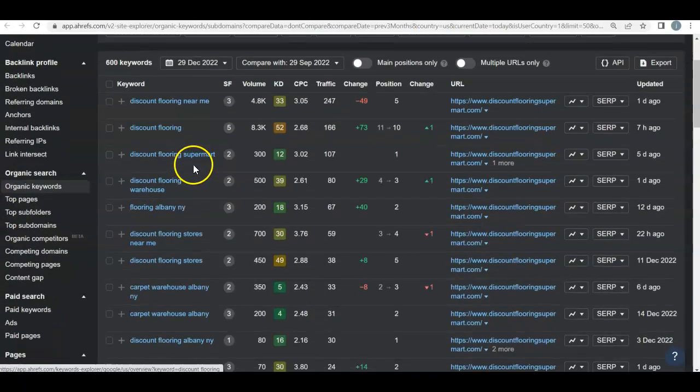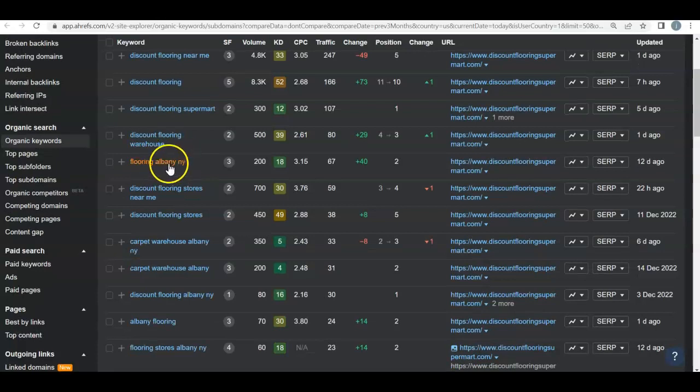So discount flooring, discount flooring, discount flooring. Yeah, no one cares. Okay, first real one, Flooring Albany. As you can see, they're in the first real position. They're getting 67 people from that. And that's something, probably Flooring Albany, New York would be the first thing put in when someone's looking for commercial work,